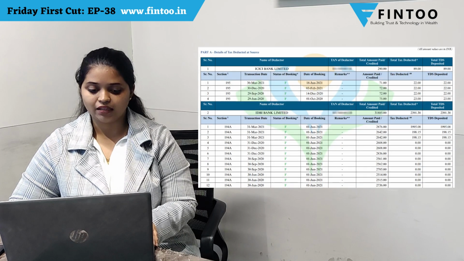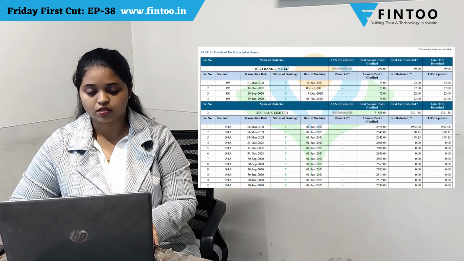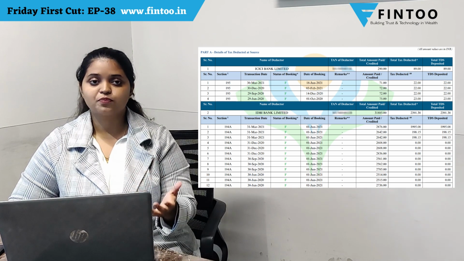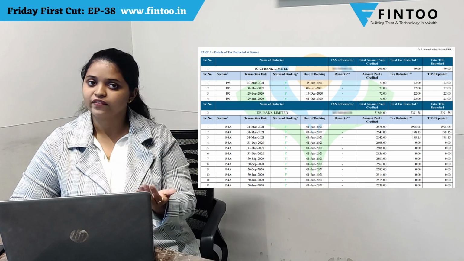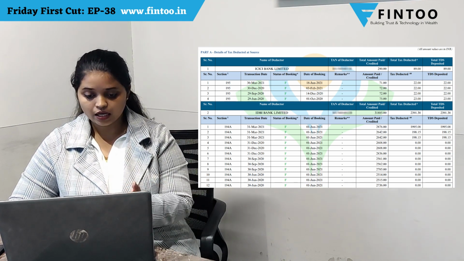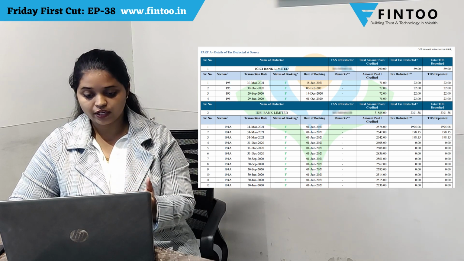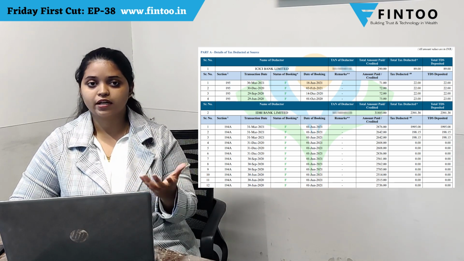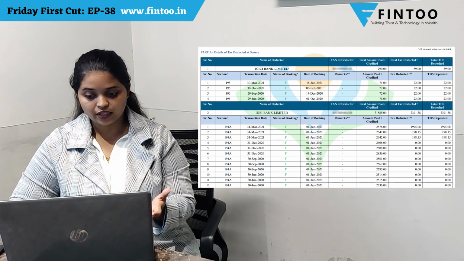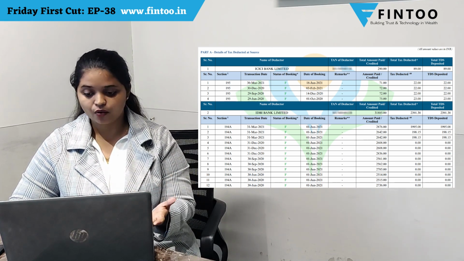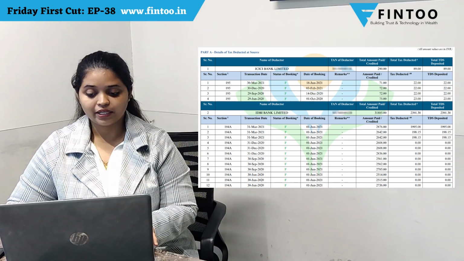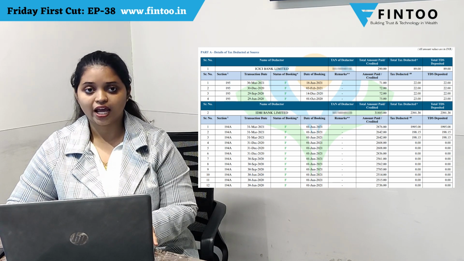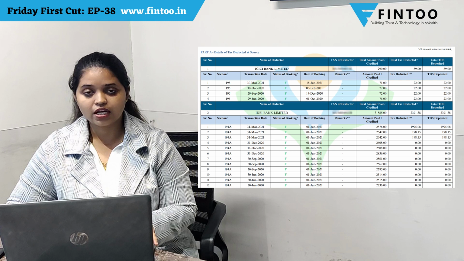There are a few parts in Form 26AS, so we will discuss first Part A, that is details of tax deducted at source. In that, how much tax has been deducted from your salary or your FD interest, or how much tax has been deducted from your dividend income. So we will see here the name of deductor and TAN of deductor. Name of deductor means who has deducted your tax, and TAN number of deductor, how much amount has been credited to your bank account, and total tax deducted, how much tax has been deducted. Now, IDBI Bank Limited has deducted the TDS of rupees 2391 and paid the interest of rupees 31885.